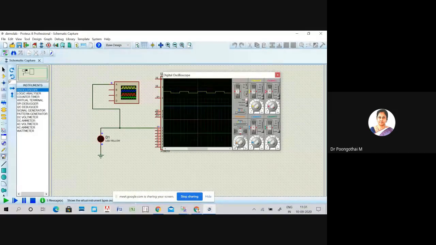So you can see the square wave is being generated at P1.0. That is 50 millisecond into 5, 250. So 250 divided by 2 for on and off time period, 125. So the square wave interval time period is 125 millisecond.